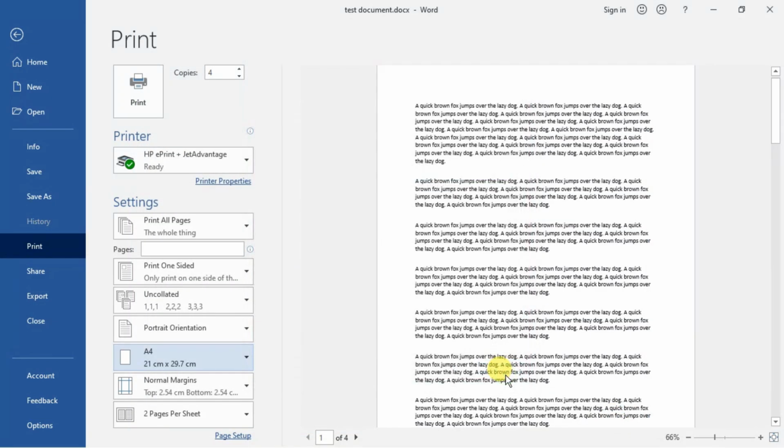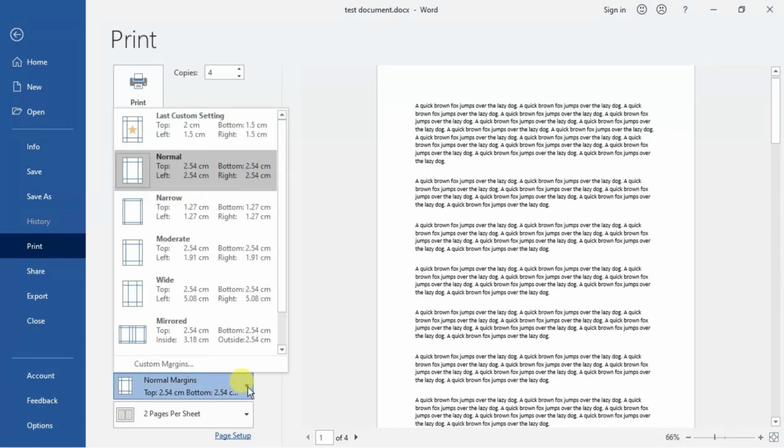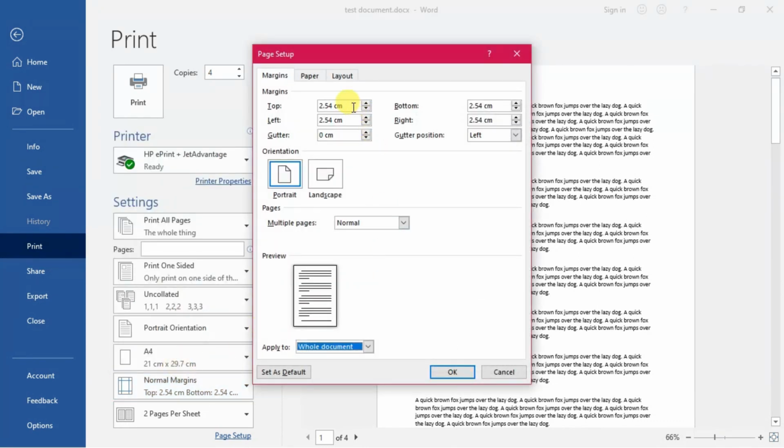Okay, so canceling it and then going to the normal margins. This is the margin settings, for how you will set the margin. Custom margins you can also go for. When you go to the custom margin, it will show you in this way. Suppose I want 2 centimeters only, so I will reduce it over here. The same thing I will do over here, and I will use all 4 items.